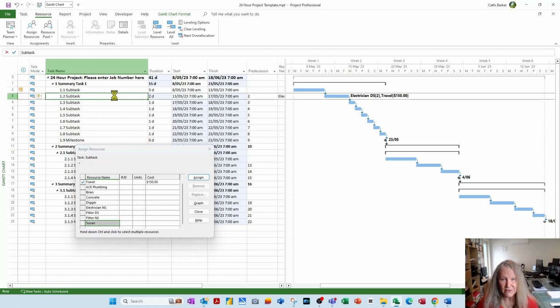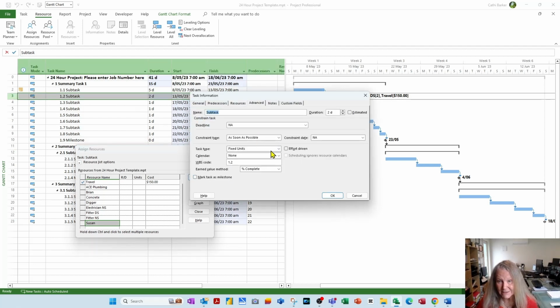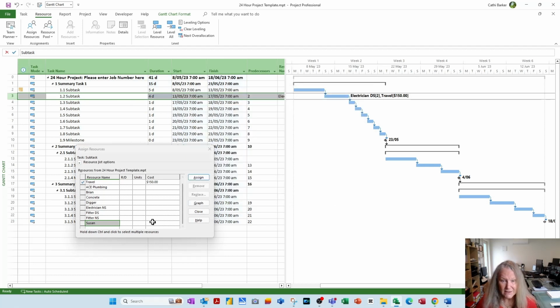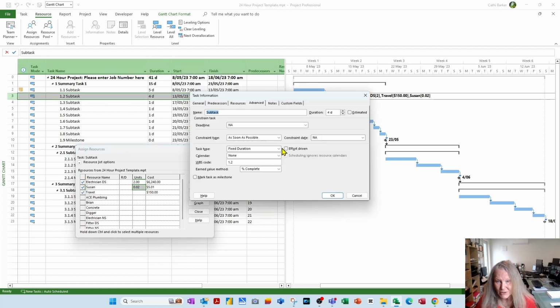You could try fixing the duration, but at the end of the day, let's do that, fixed duration, okay, and then go to Susan and put 2 hours. It's still going to result in a change in that duration. Where's my electrician? Scroll up. There. So she only works certain days and certain hours, so that may cause your durations to alter, so you've got to work with that, and fixing the duration won't make any difference. So I'm actually going to put it back to fixed units, which is the default, and okay,